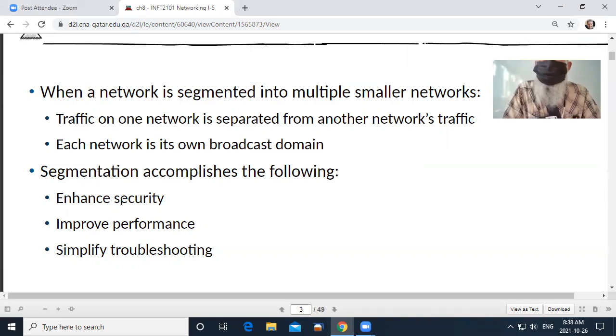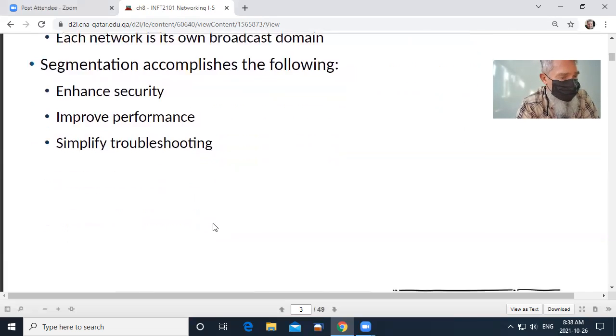That would be good, because you don't want people accessing the accounting, especially you don't want your programming people accessing the accounting, because programming people have the skills to do things that, you know, they could enrich themselves from the accounting program, if you know what I'm saying. So it'd be enhanced security to only allow access to particular parts of the network to people that require that access because of their job. And because your subnets are smaller, your troubleshooting is going to be easier as well.